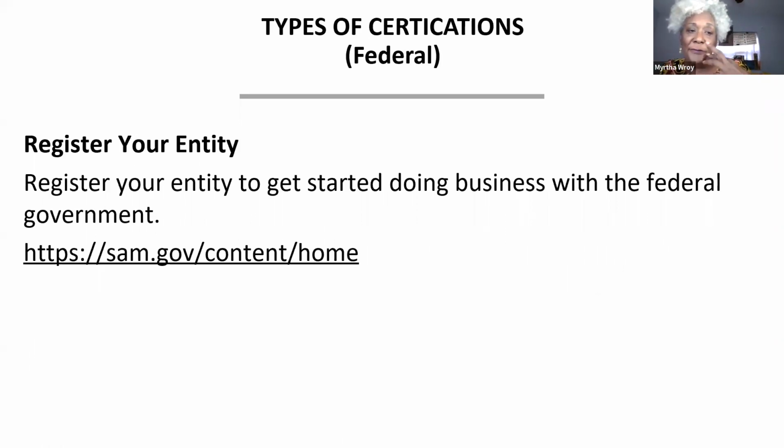And for the federal certification, the first thing is you have to have a SAM profile. And the SAM profile is a multiple step process. You do the profile and then have to proceed with registration once your profile is approved. As you do the registration, right prior to submitting, there's a button that says to link you to your SBA. A lot of people miss that. And so when you do that, it's a multiple step process.